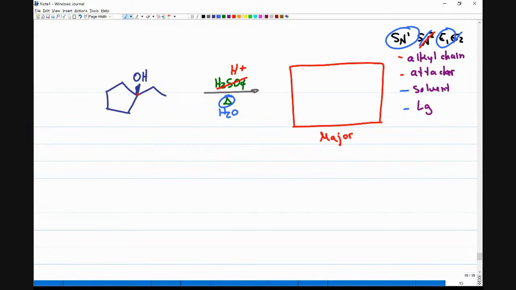Anytime you have heat, heat is going to favor elimination over substitution. And that means the final major product here will be the most substituted. Oh. There's going to be 2 most substituted products because the substitution is exactly the same. So I hope your professor would allow 2 products because we do have 2 major. 1 and